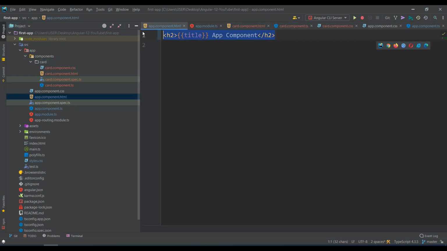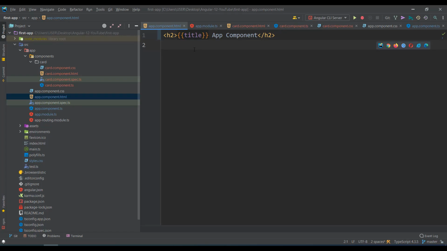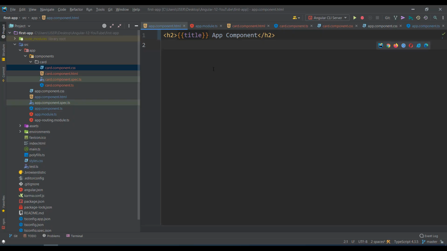My app component does not have any information about your card component. So you have to create a component and also configure it in the app, because this content is coming from the app. You have to connect it. As of now this card is completely independent, so I have to connect the card component in the app component.